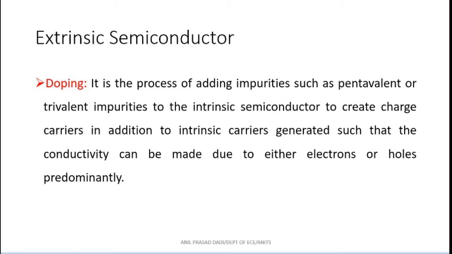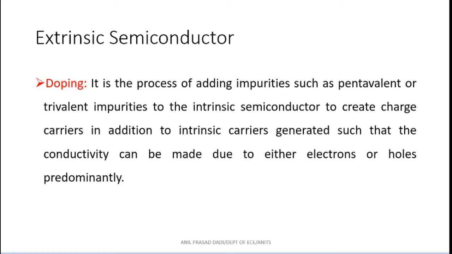Yes, sir. Okay. So whenever doping is asked, you should not confine to saying doping means adding impurities to the intrinsic semiconductor. That is not sufficient. What is important is that you are making the conductivity predominantly due to one type of carrier. I don't say that no electrons are there. If I say current is due to electrons, I don't say that holes are not there. They are there, but what is dominating is important.